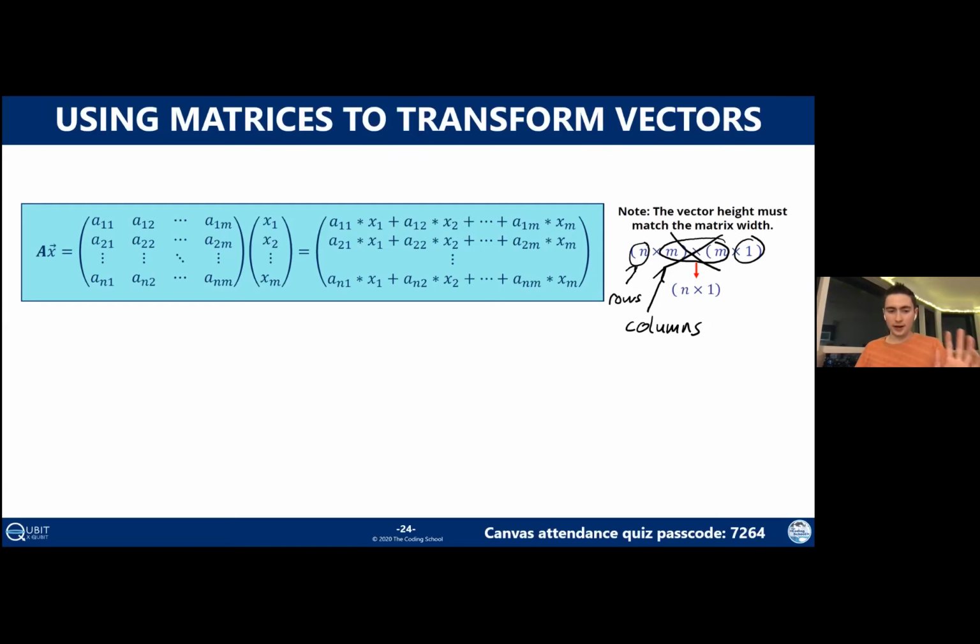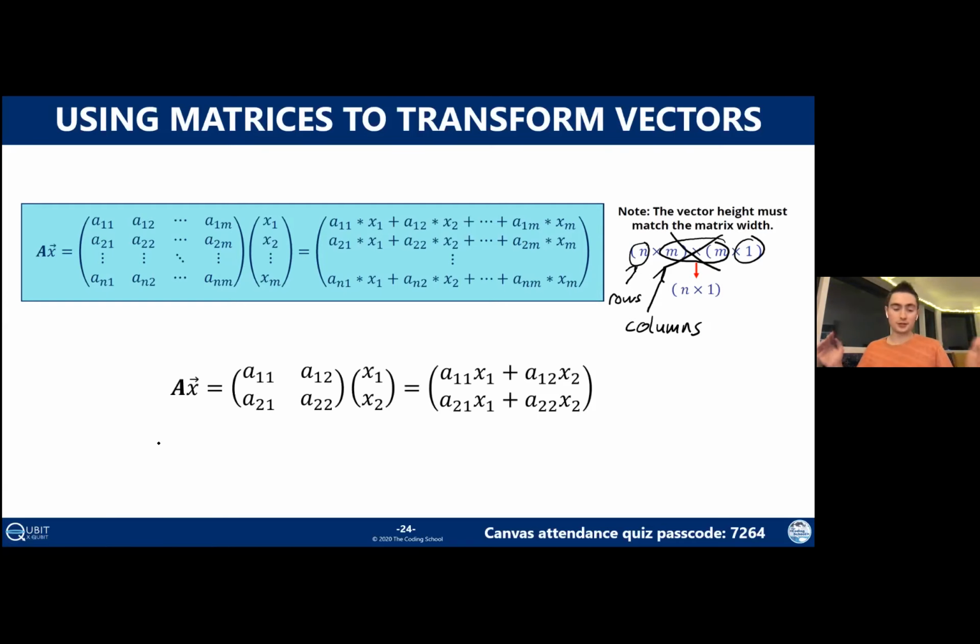So this formula up here, we're actually not going to use it in this lab because, like before, everything we do here is only in 2 dimensions. And in 2 dimensions, the formula just looks like this. Again, we are starting off with a 2 by 2 matrix right here, and this vector, we can describe as 2 rows by just a single column. So I think the key thing to understand with dimensionality is just row times column. If you can remember the order of that and really ingrain it in your head, you will be okay.